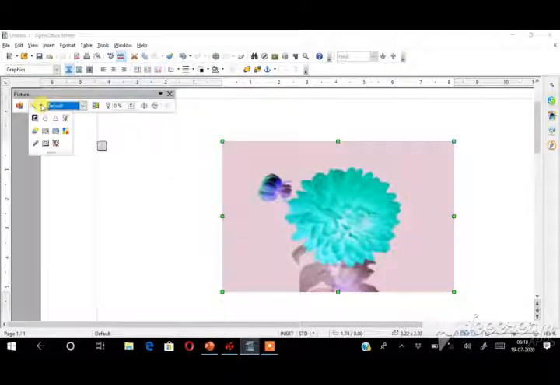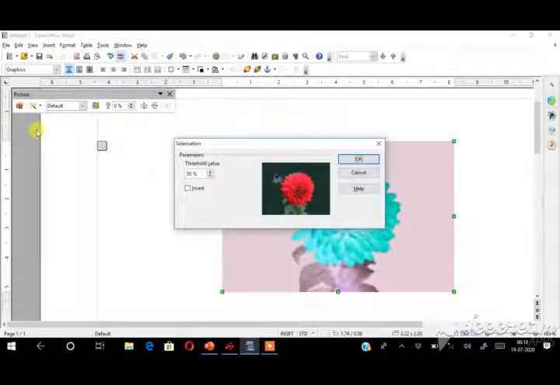And then another option is solarization. Here you have to give a threshold value. You can invert also here. See here, you have to give the threshold value. You can increase or decrease it.